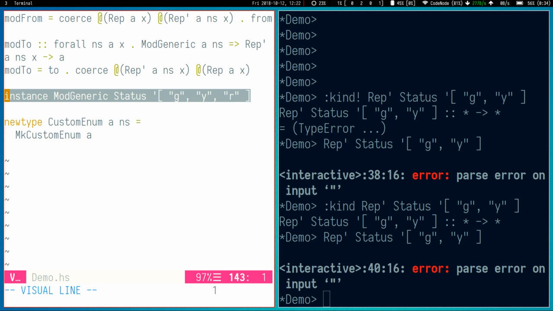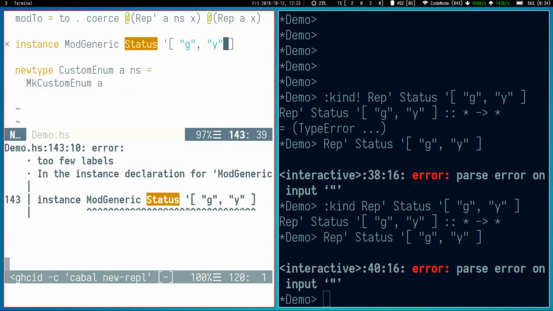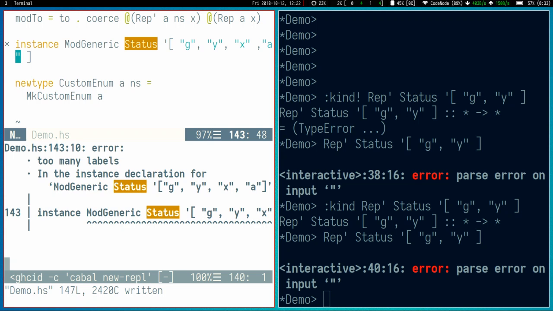And if I don't put the right number of elements here, so this is something that I use to test, then I get too few labels, but I could put in yet more explanatory error message that repeats the labels that I've given and how many constructors are expected or something like that. And if I put too many, I also get a similar message, and I get too many labels. Okay,